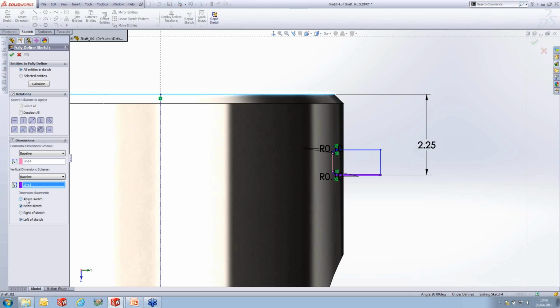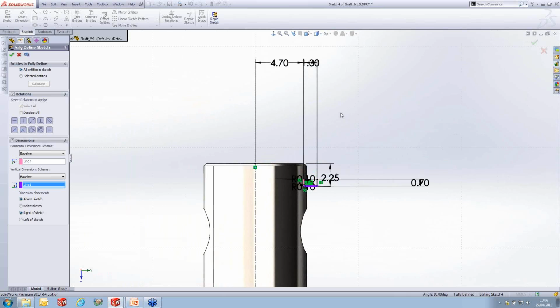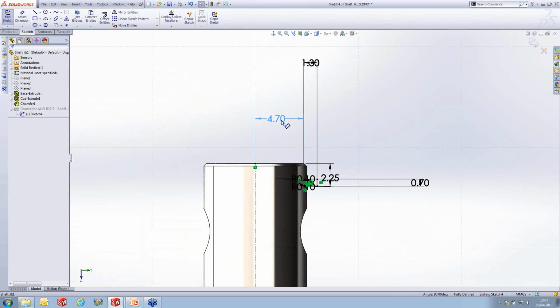I'm going to insert the dimensions above the sketch and to the right of the sketch. And then all we do is click the Calculate button. It will automatically insert the dimensions for us at that position. When we're happy with what we've got, we just hit the tick, and then we can just drag the dimensions